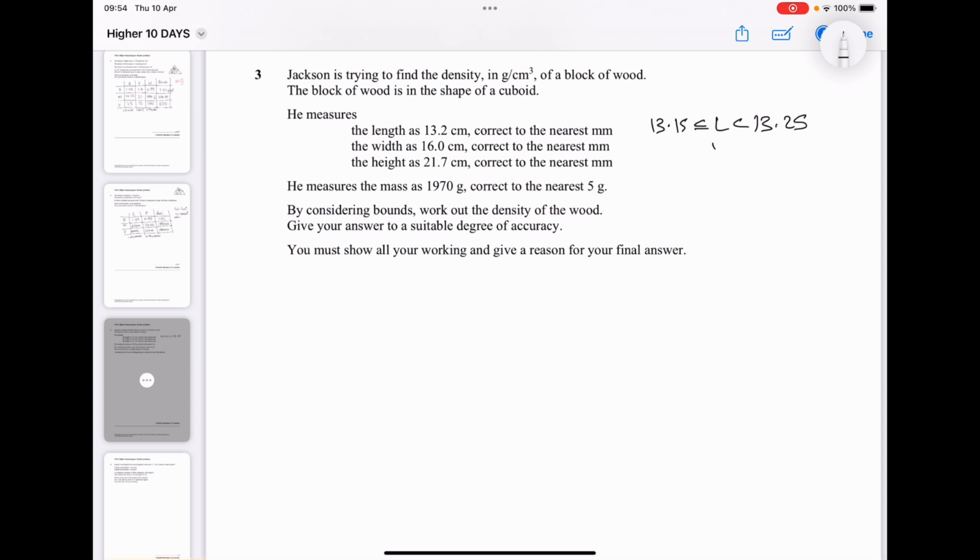For width, that is 15.95 and 16.05. And for height, that is